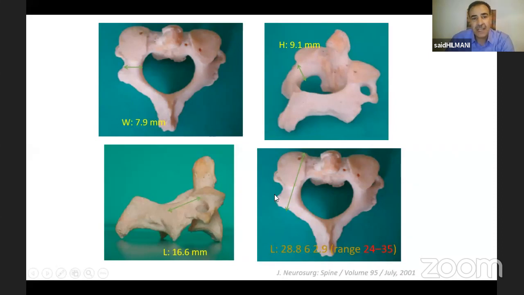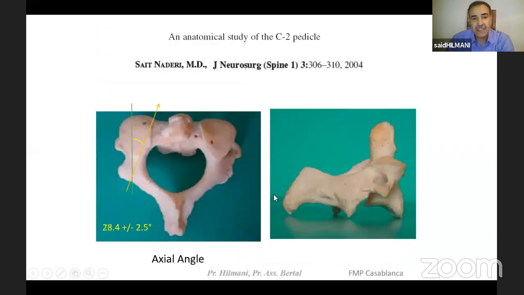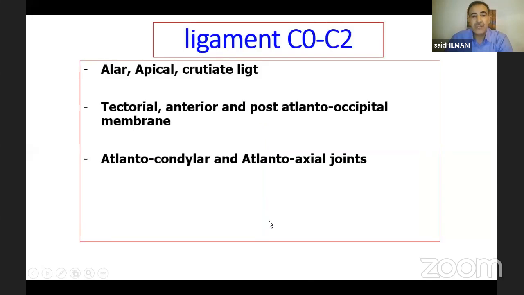This is the angle in the sagittal and axial planes, and we must know that the angle in the axial plane is about 28 degrees and 18 to 19 degrees in the sagittal plane. So those two, as Professor Atul said, I think is the most mobile